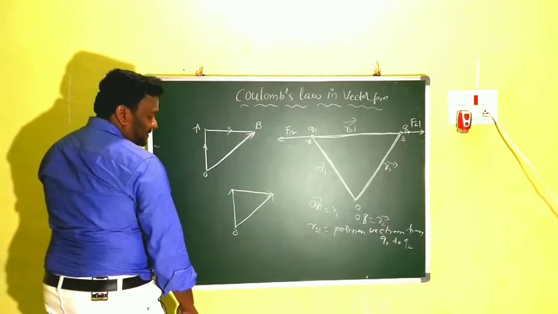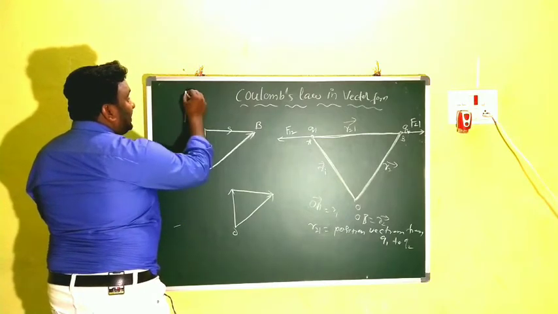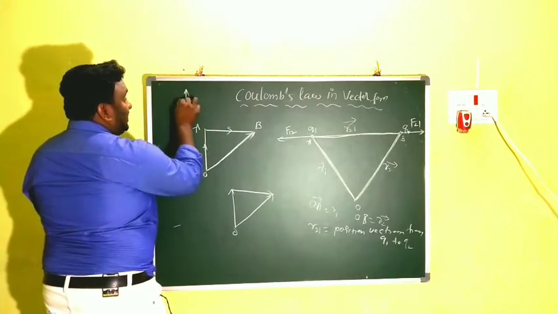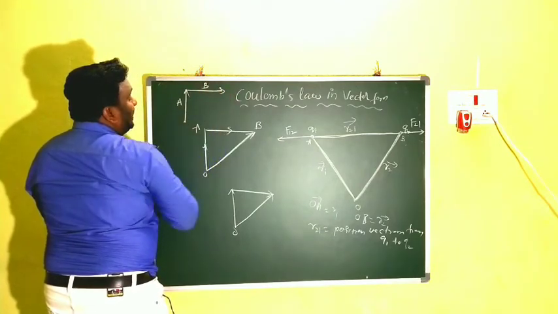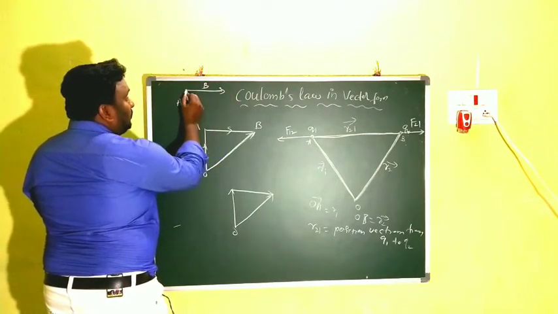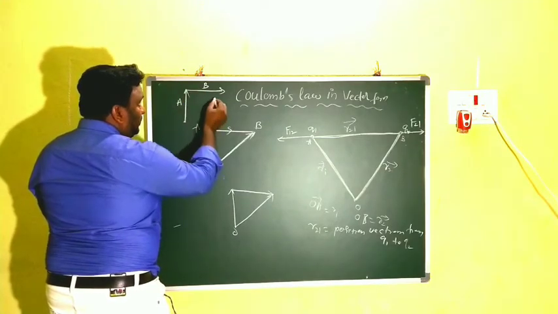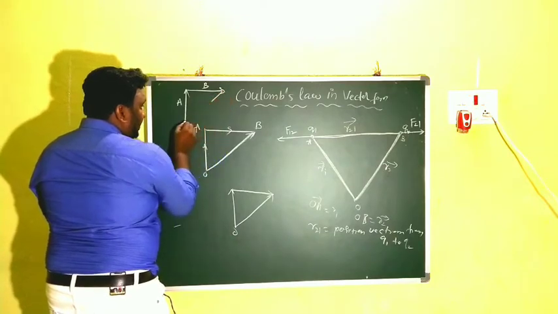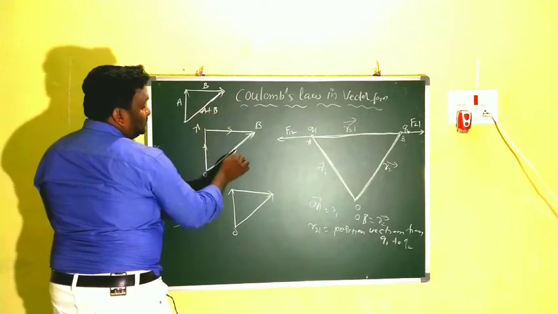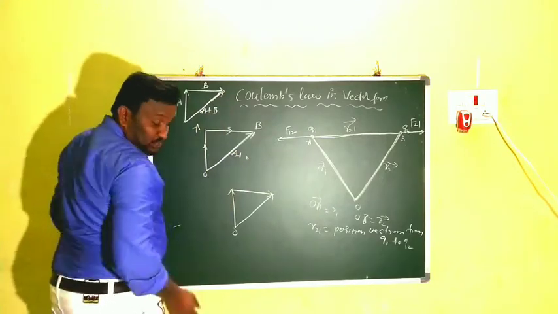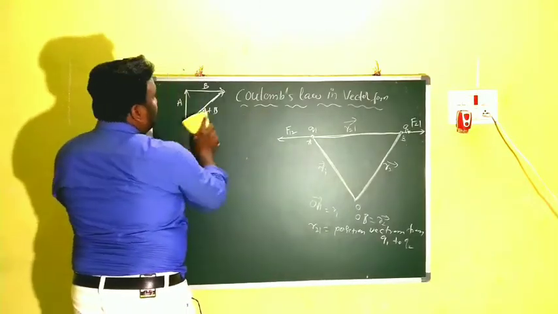Clear? Very simple. If you take this vector, this is called the initial point and this is the final point. This is the first vector A. Now we are taking the second vector B. How are these two joined? The final point of A is joined to the initial point of the second one. Then we join these two like this. Now what does this represent? A plus B. So from that figure we are using vector addition.